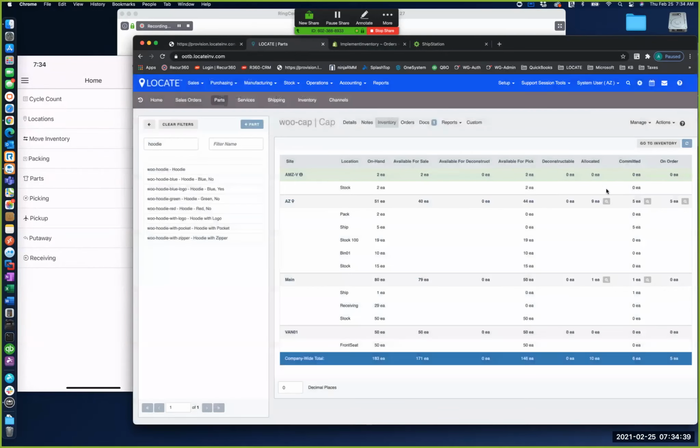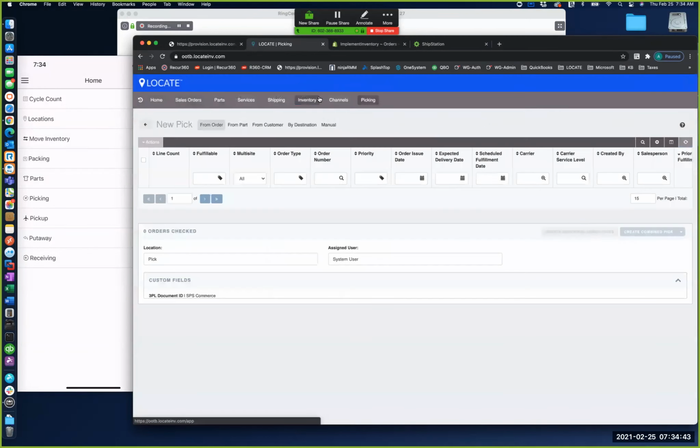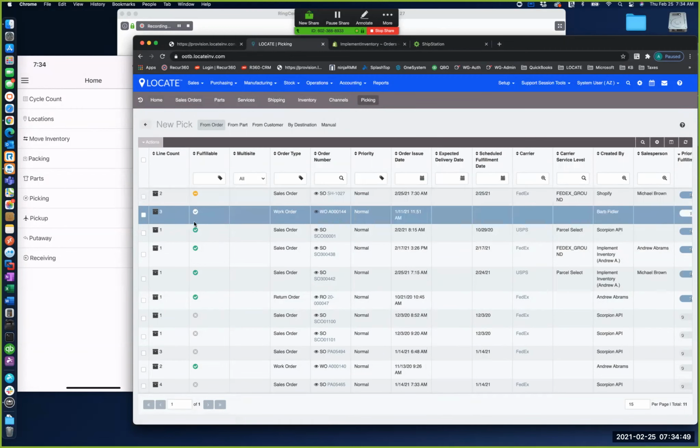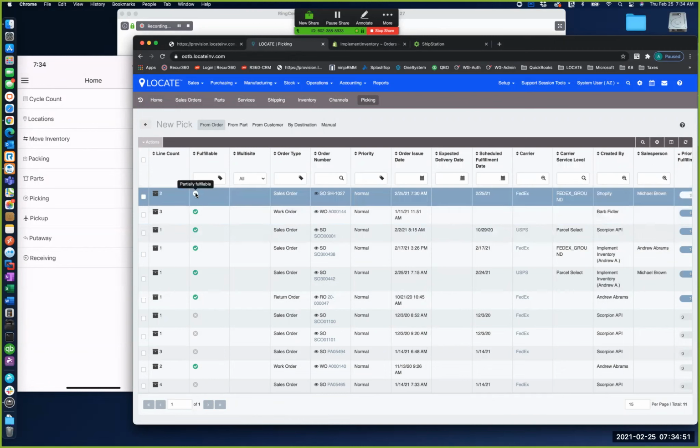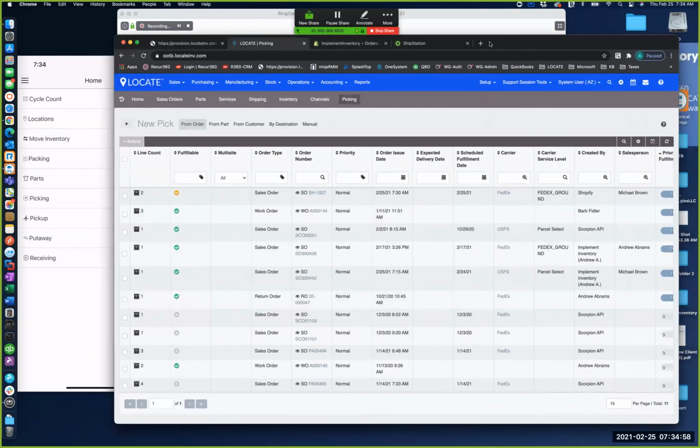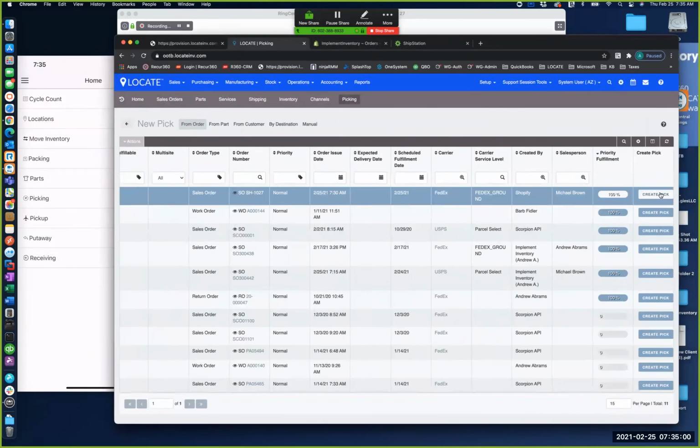So inside of Locate, I can go to my operations and go to picking. And I will see all orders that are available to pick. Fully available orders are going to show as green, and partially available are going to show as yellow. And then inside of Locate, if I'm picking off of the screen here, I could scroll to the right and create pick,